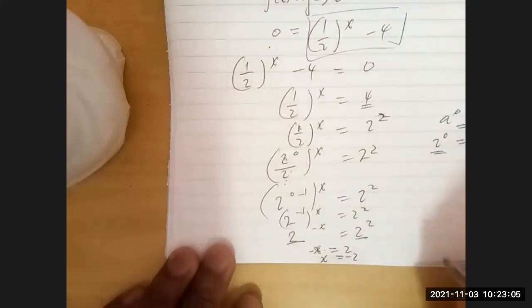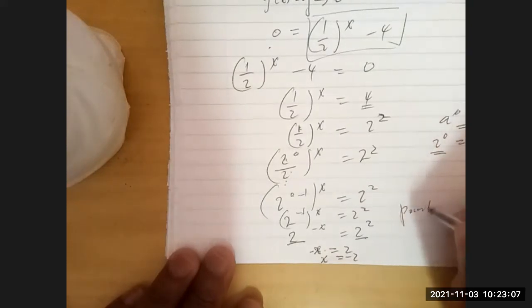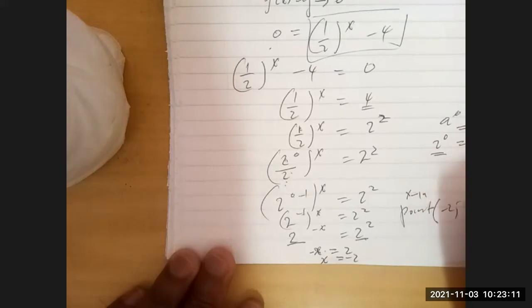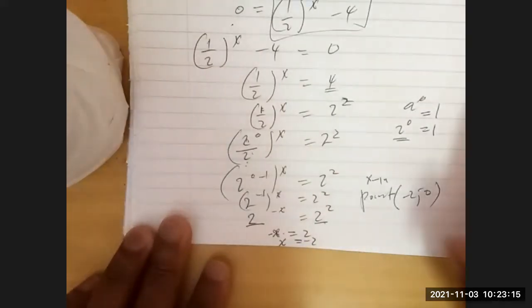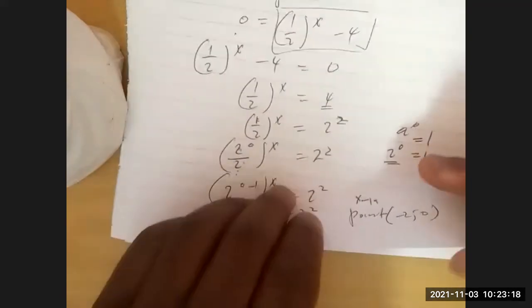So what does that mean? It means the x-intercept point is what? It is negative 2 and 0, okay? We have negative 2 and 0 as the x-intercept point. There we go. So now, with that said,